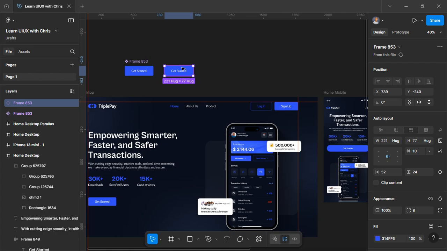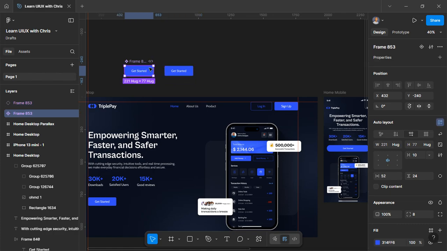It also helps with variables, the time when you have variables, right? So let's quickly see how component can help in